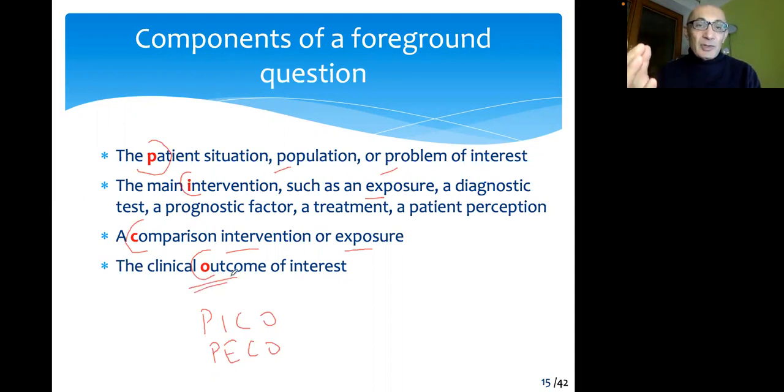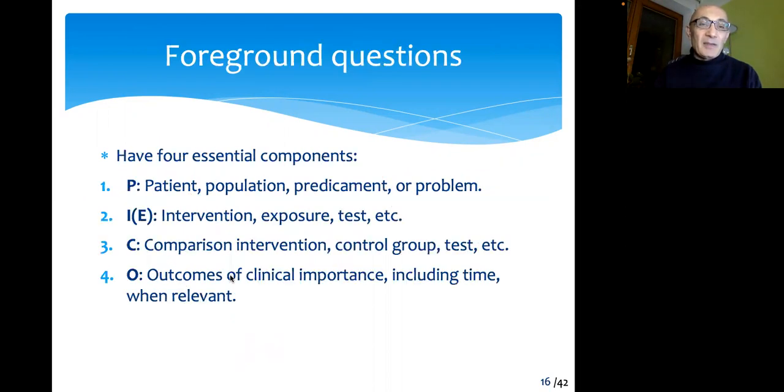What are you measuring? It must be something measurable. What would you like to know at the end of your question, of your study, of your research? What do you want to change? Okay. So once more, these four essential components: patient, population, intervention, exposure, tests, comparison, and outcomes. Outcomes can also be time